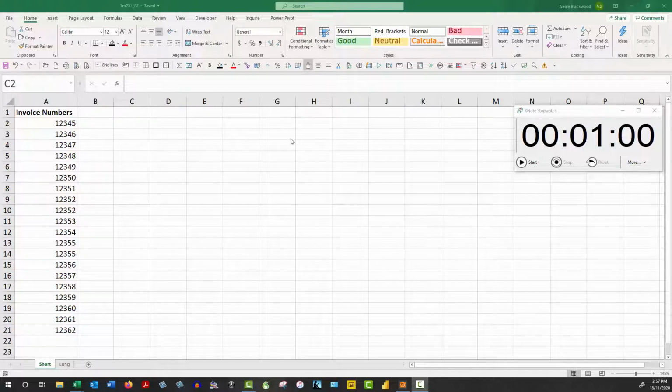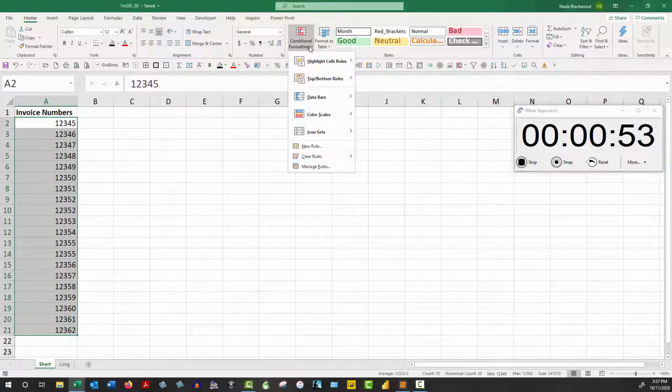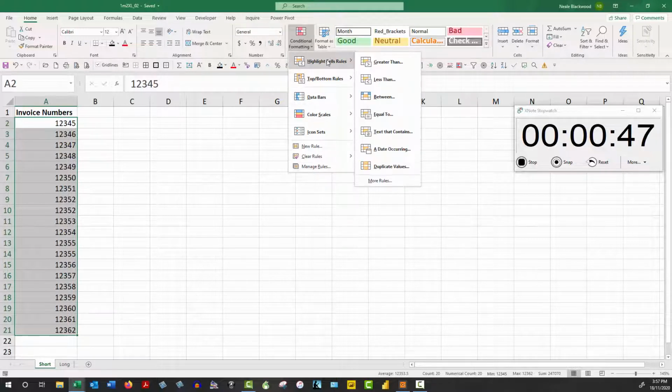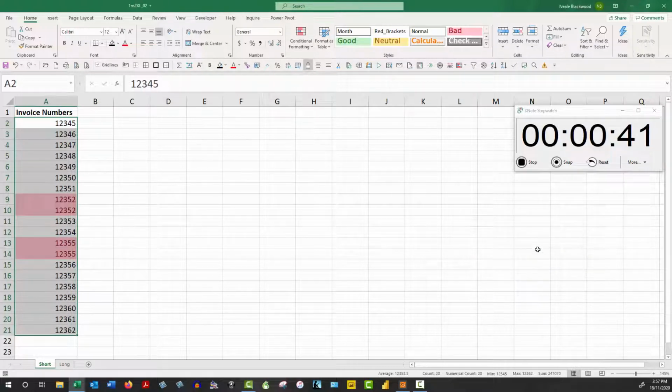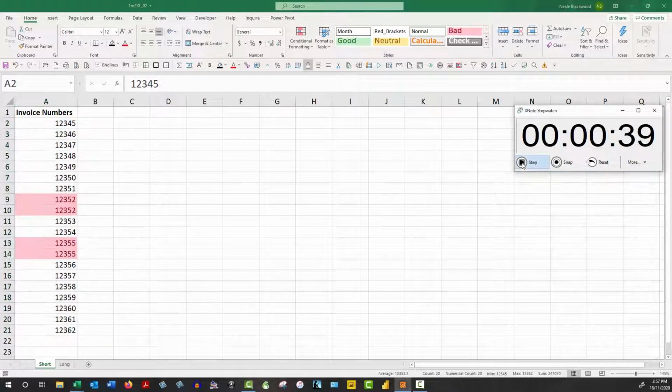So let's start the clock. There we go, and we're going to select the range. Click on the conditional formatting drop down and select duplicate values, and that's it. Just click OK. So I'm actually going to pause that because I want to show you another